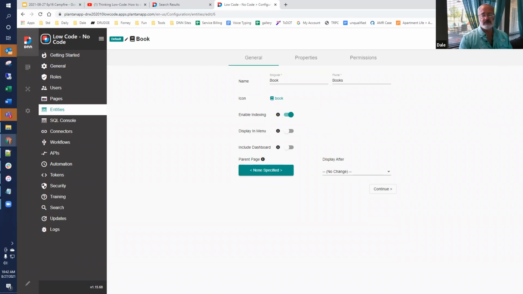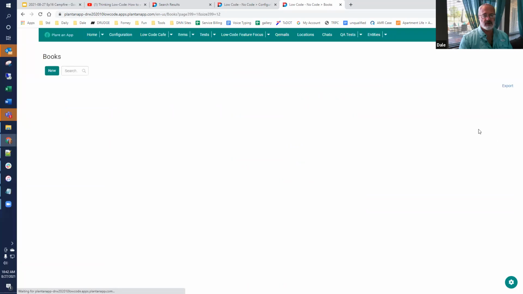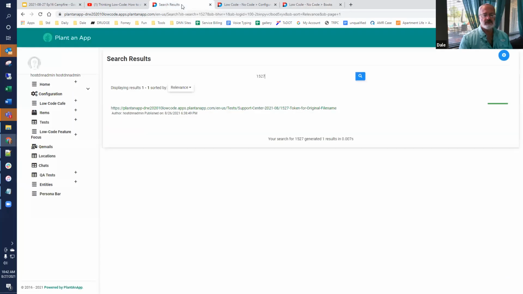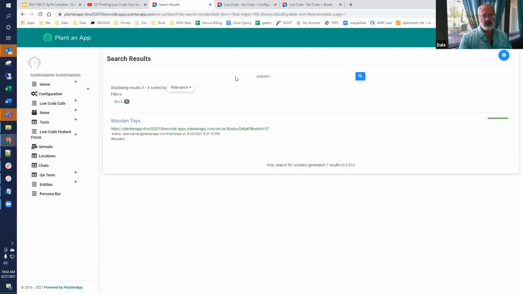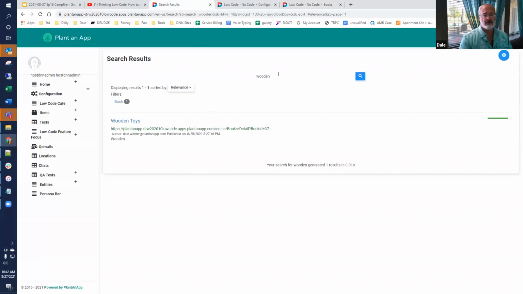So let's see how that manifests. I'm going to bring up books in my list, and I have some book titles here. If I go search on that, because the books table is indexed, when I do a search for one of those titles, it's going to come up and show it.